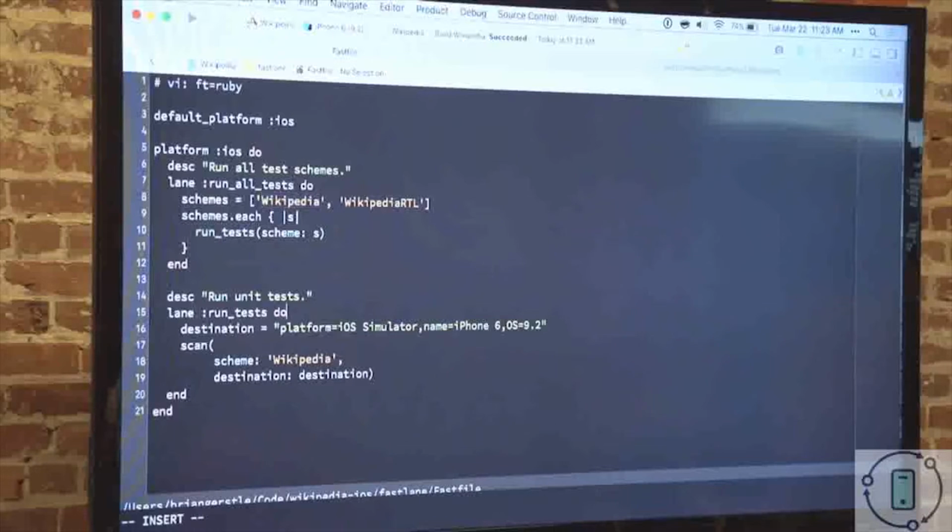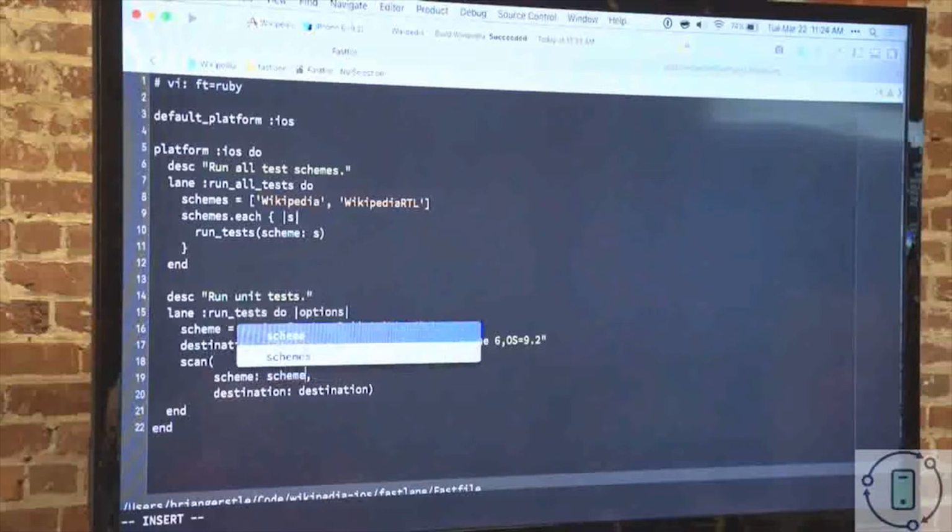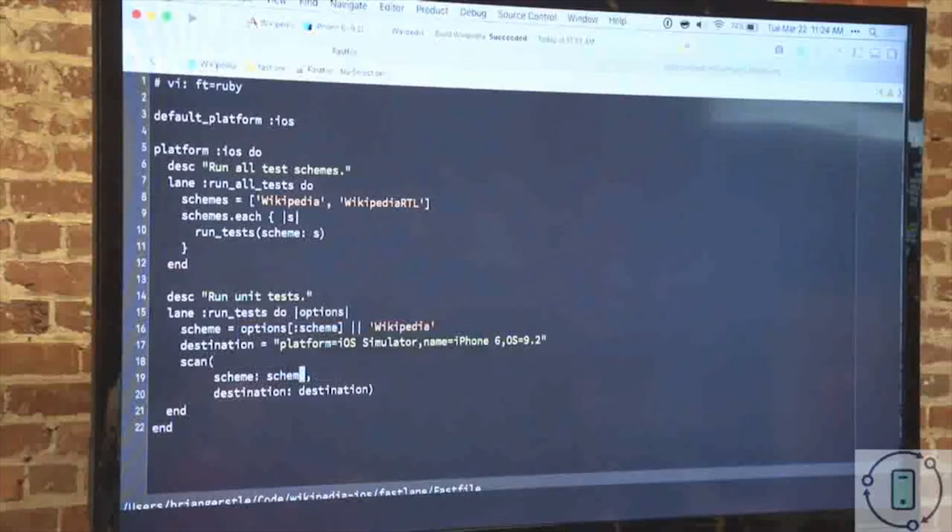So that means we need to add some kind of parameter to our other lane, which Fastlane allows you to do with an options hash map, which is like an object with different fields that you can use to parameterize your lanes. So in this case, we're only passing the scheme, so we can say the scheme that we're running is either the one that we get from the options argument or a default of the Wikipedia scheme. And instead of hard coding that here, we pass it as an argument,